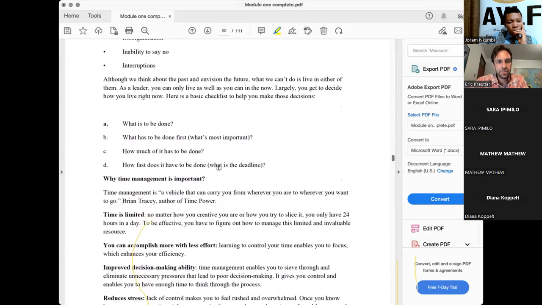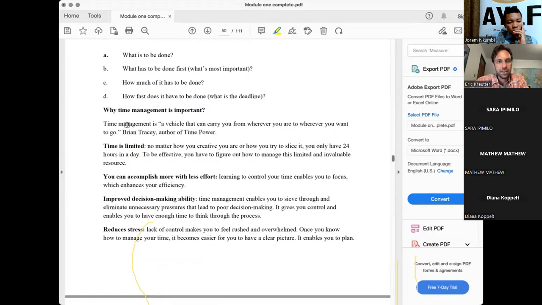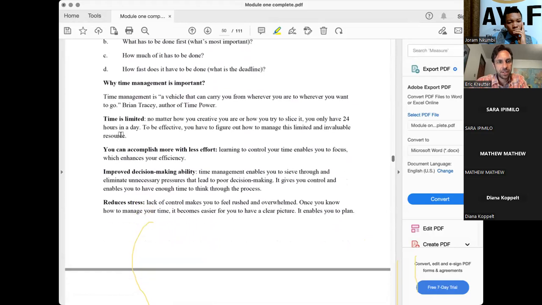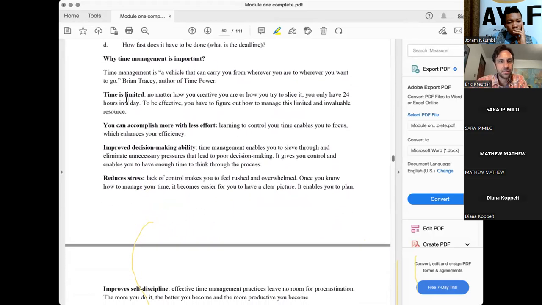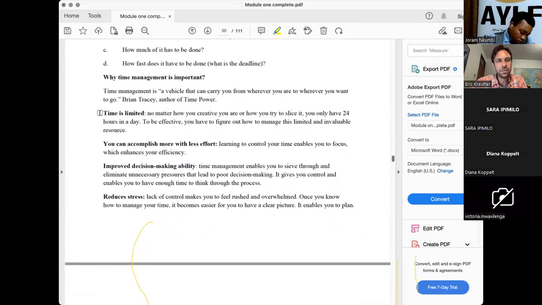Okay, let's move through here a bit more quickly, because I do want to give you some practical examples of time management. Why is time management important? It's important because time is limited. We discussed that. Nobody can give you more time. We all get the same time. All of those you're competing against have the same time. Every other human being, rich or poor, has the same time. So that makes time important.